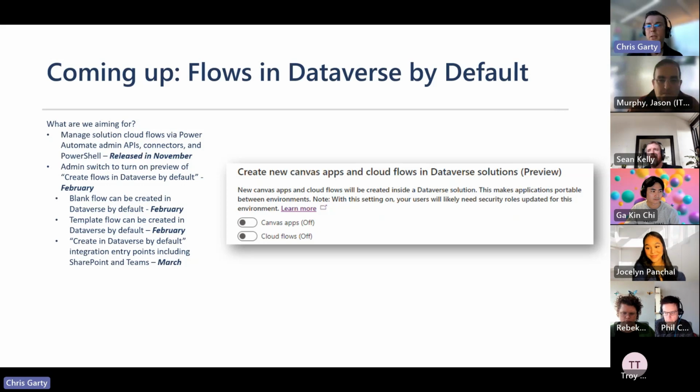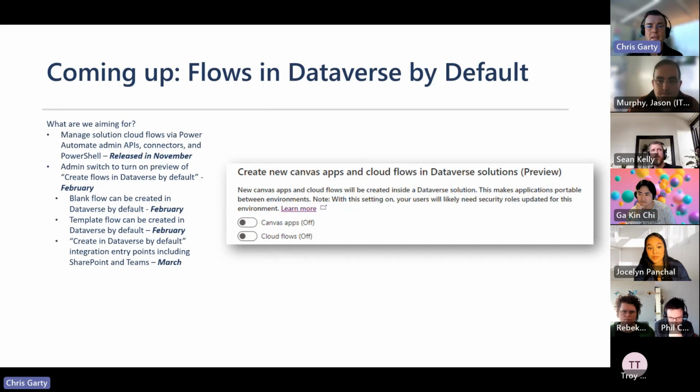This should be a great advancement for ALM and governance capabilities, because flows need to be inside of solutions to be able to move between environments. Having those flows automatically created in Dataverse, defined in a Dataverse solution, so that you can quickly move that into the solution of your choice or reference it from the solution of your choice certainly speeds up the